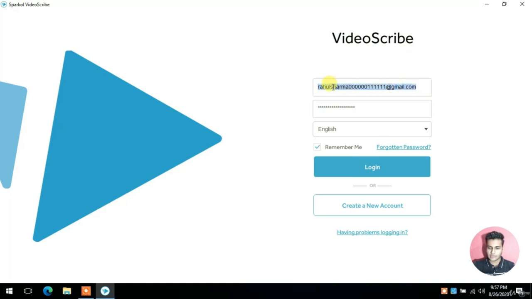Here you have to enter the email address and the password, and these are the same email address and password that we used to make our VideoScribe account. As you may remember, when we were downloading the VideoScribe software, we had made a VideoScribe account. So you have to put the same account details in order to log in to the VideoScribe software. So put your email address and password, and whenever you log in, always make sure that you check this remember me option,